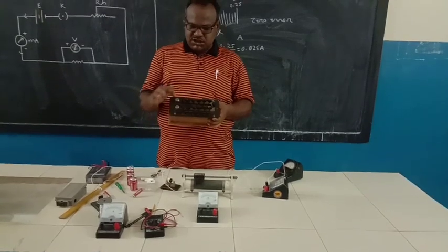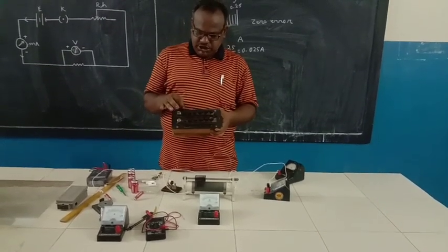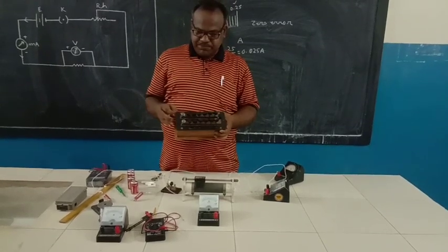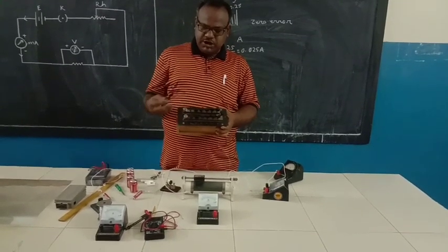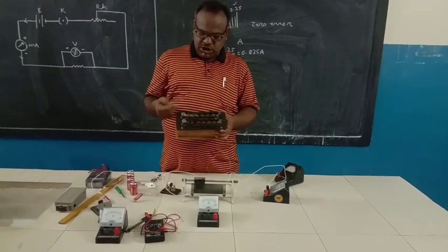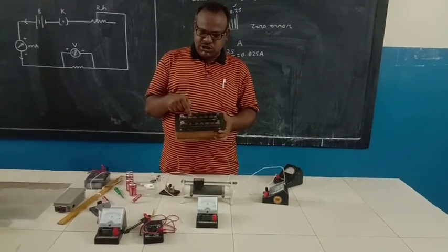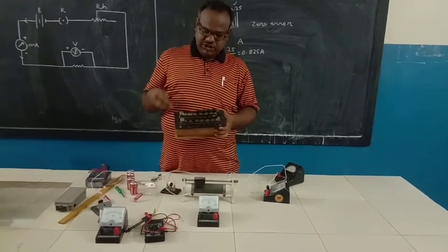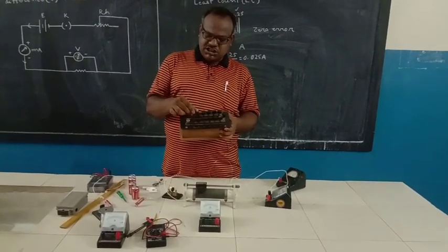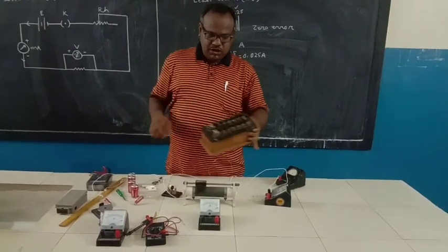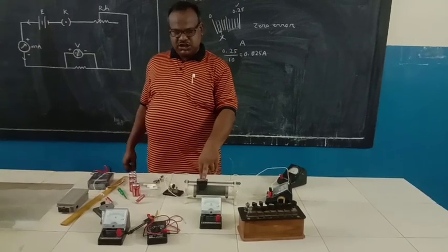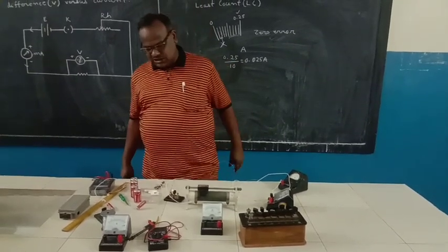This resistance box has different knobs. Here it is in 1, here it is in 2, here it is in 2, here it is in 5. So if I open it, it means I am giving 1 ohm. If I release it, then 1 and 2 both are in series, so it is 3 ohm. Like that, here you can give a particular step value of the resistor, but here it is a variable value of resistance.